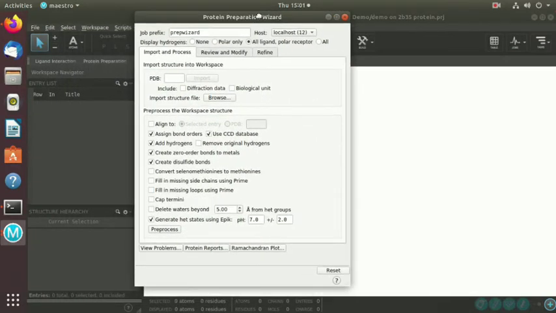If you know the PDB 4-digit code of the target protein, you can directly enter it here and import the protein from the Protein Data Bank. I am entering the protein code 2B35 here and clicking import. Otherwise you can download it in PDB format from the Protein Data Bank, browse from your system and upload that protein.